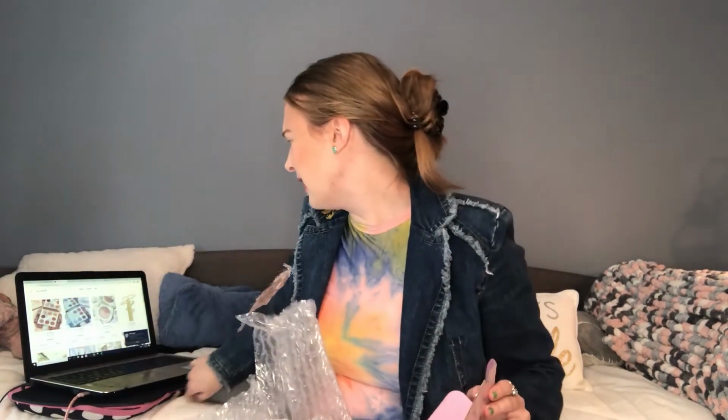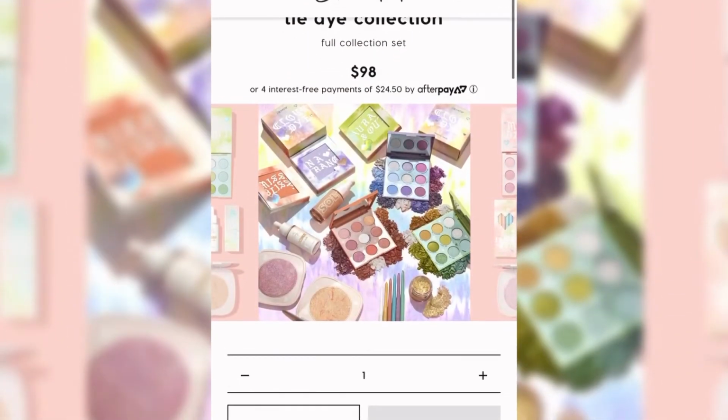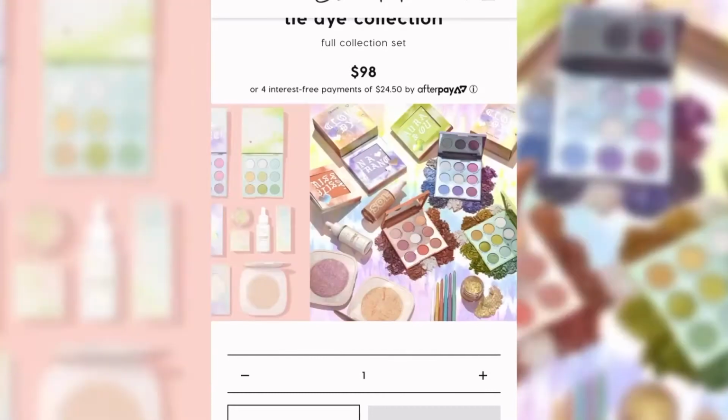Now, I did not get the whole collection. It is pretty expensive. I believe it's maybe $98 for the whole thing. I have to look. Yeah, I'm right. The full collection set is $98. I'm on ColourPop's website here. I can throw it up on the screen. But if you get the whole tie-dye collection, what you end up getting is